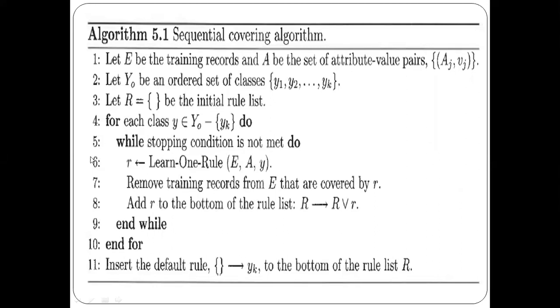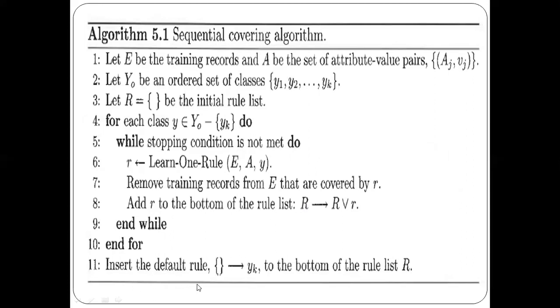Once we find that rule, we will remove the training records that are covered by this rule from the set of training records, and then we add this rule to the rule set. So it will be iterating until we have met the stopping condition. The stopping condition is nothing but this: until we find the rules that cover all the records that belong to all the class levels. At that time, we'll be stopping here. Once we find all the rules that cover the training set of records,